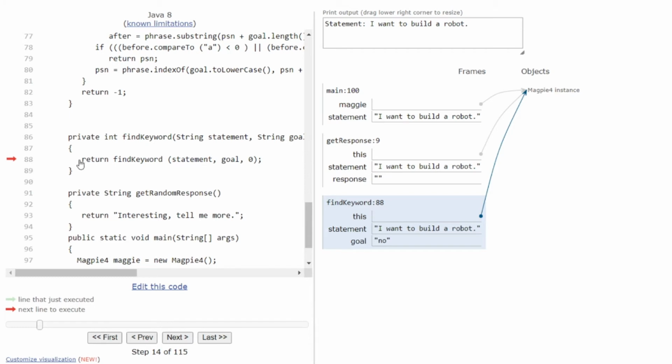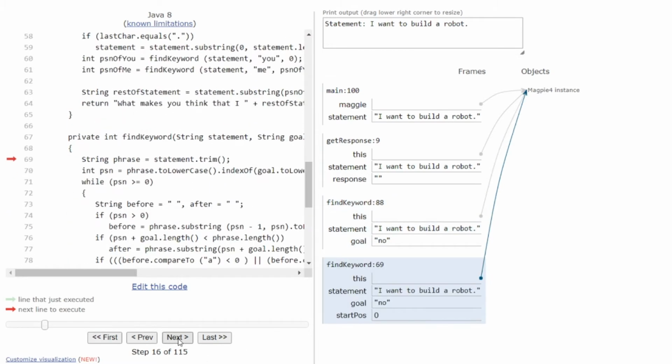The next method is going to look for the word no, because that's the one we have from before. And it's going to go up. Again, it's going to go down to lowercase. And we're just trimming it as we go through. And here we're looking for the word no. We don't have it in any of this here.